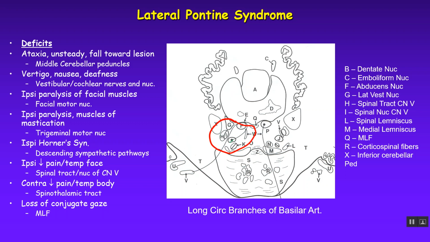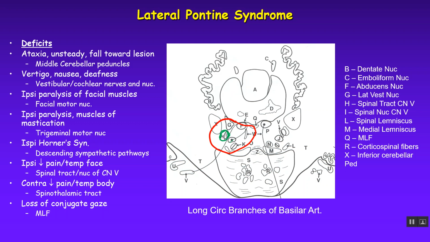You would also have potentially ipsilateral loss of pain and temperature from the face because of the spinal tract and nucleus of cranial nerve number 5. That's this H and I complex here. You're seeing that spinal tract develop here because it came in. This is a little bit lower in the pons. The trigeminal nerve fibers come in that middle to upper part of the pons. So this is the start of that trigeminal nerve, spinal nucleus of trigeminal nerve, pain and temperature from the same side of the face. Okay, so you're going to have ipsilateral loss of pain and temperature from the face,